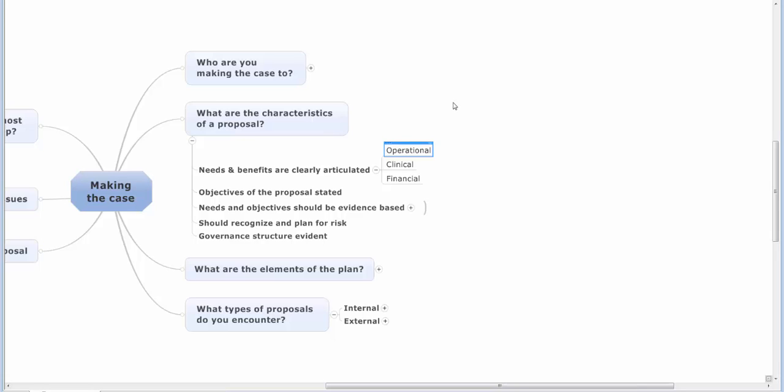So there's a variety of different benefits that you could articulate as part of that needs and benefits analysis side of things. Now, I've given a fairly straightforward example there with getting an automation so that you can create additional resources within the lab, and you can enable the lab to work more efficiently. But it could be that you need an extra person. It could be that you need more admin support. It could be that you need a complete restructuring of your built environment and the organization of a laboratory. But all of those things, ultimately, you need to make that case for that it works at an operational, clinical,